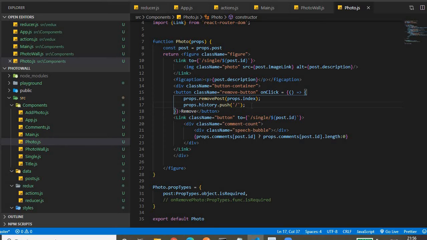You can see we are refreshing our page by using props.history.push. Once it gets removed, we are refreshing our page so that the post we have clicked will be removed.